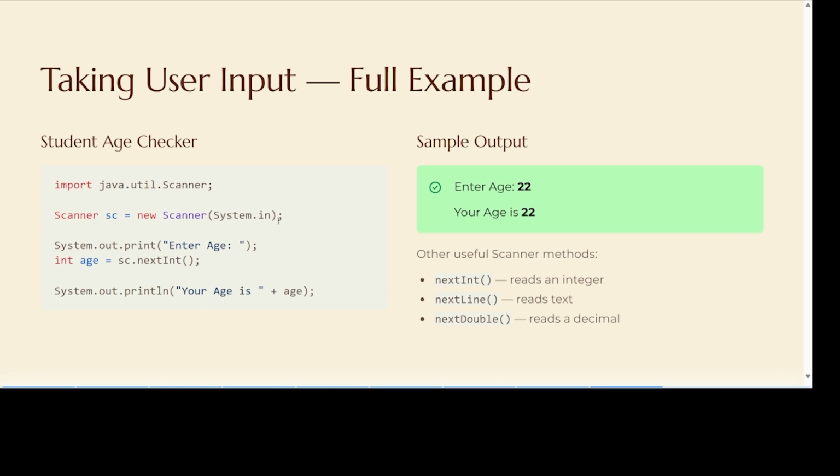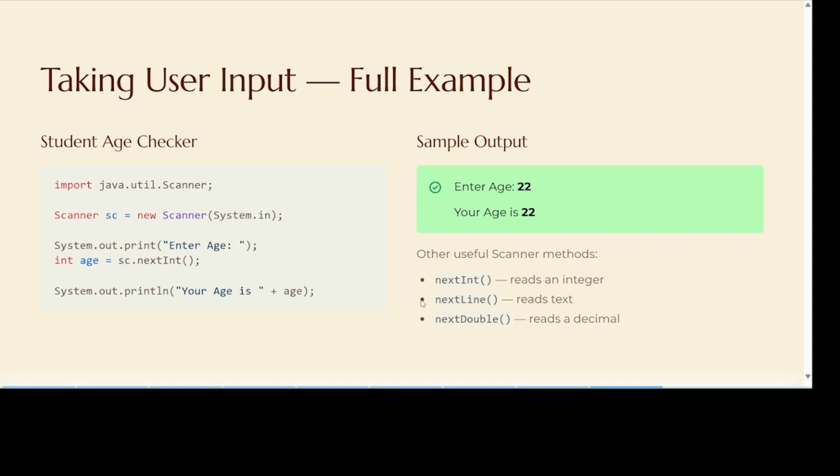See, this is a full example of taking user input: a student age checker. This is the import line: import java.util.Scanner. We will import this Scanner. First we have to import, and then you have to create a new Scanner object. System.in means you will get the value that the user types. Then you have to print the age. int age equal to sc.nextInt. nextInt means you get the integer value,